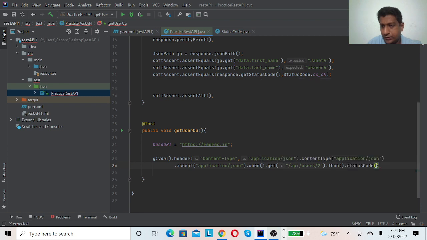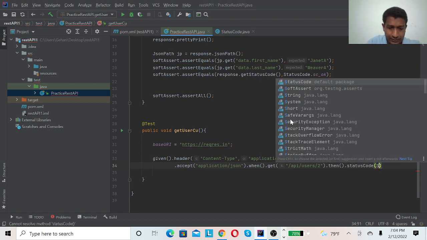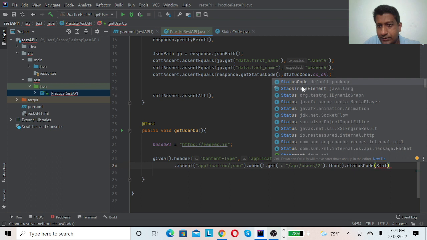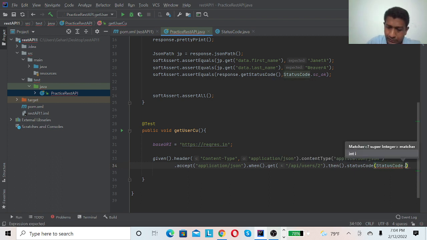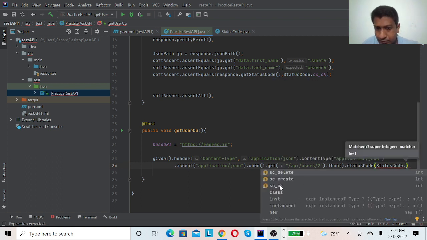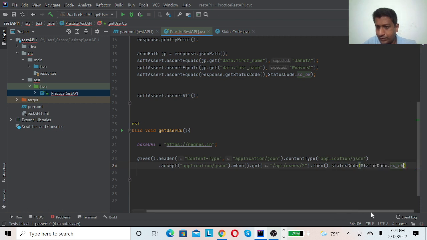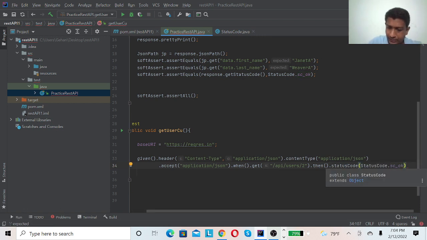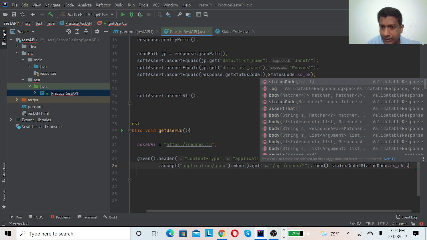status code. The status code we can get from our status code class, dot OK, and you can assert.